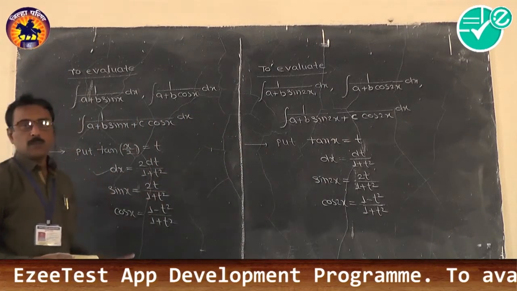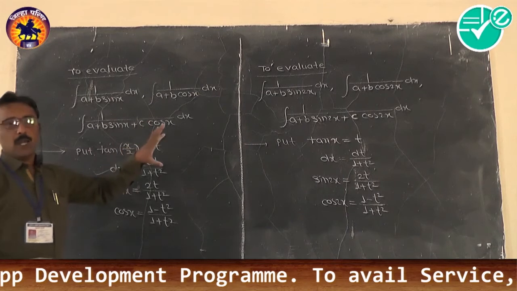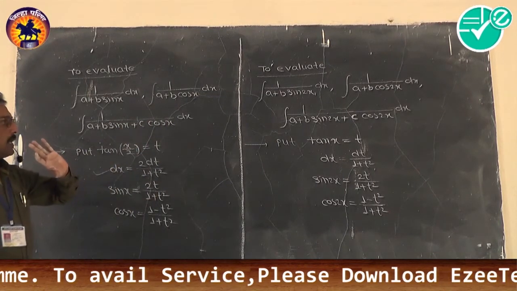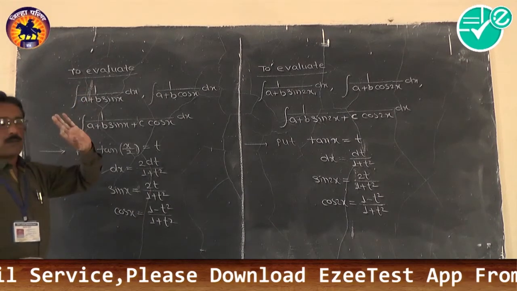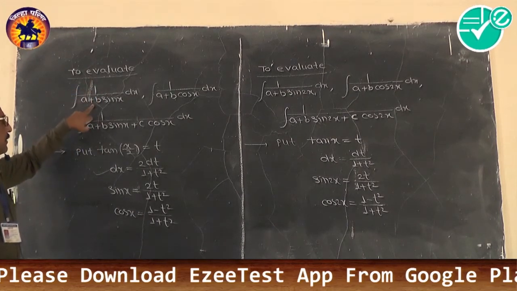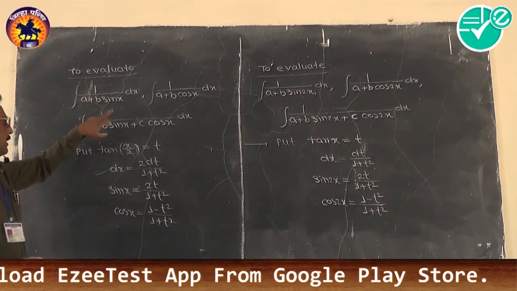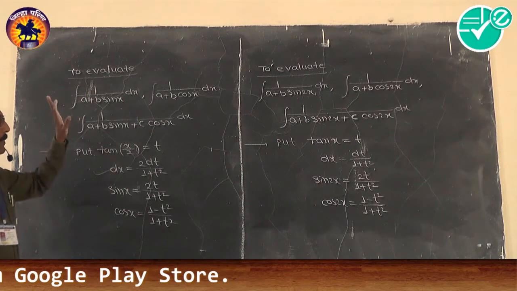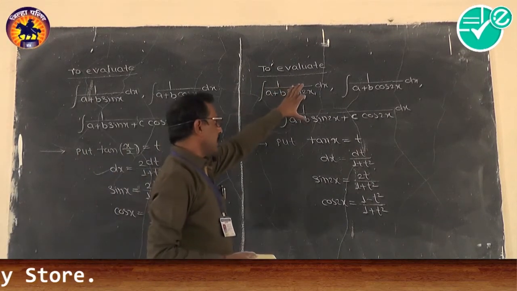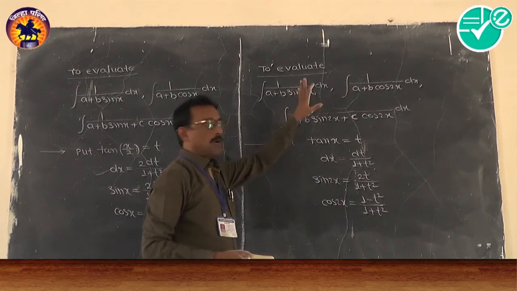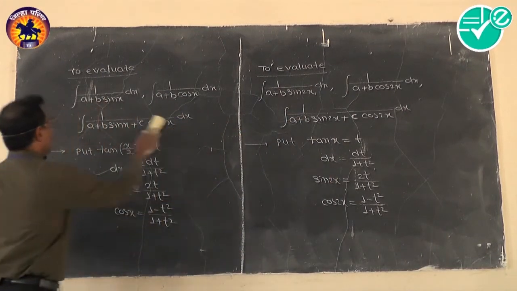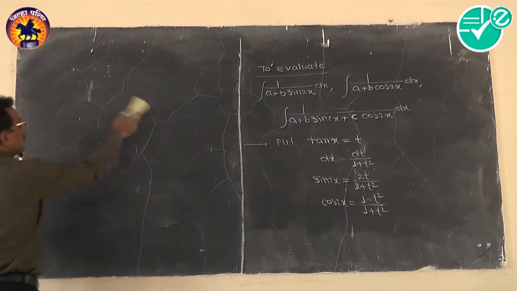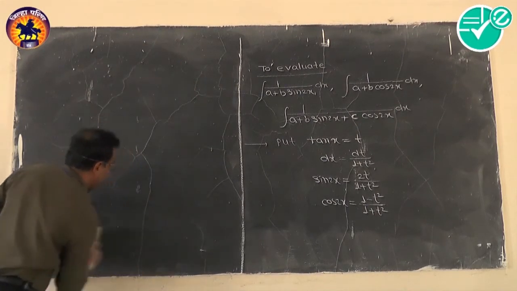I will take a pause for 1 to 2 seconds. It is your prime duty to pause this video and note down this formula in your notebook, because I will be taking problems on this current article in order to finish this method of substitution, to evaluate the first, second, third type. If any problem of any of the three types is asked, then this is the substitution. We get the answer by the method of substitution. If such a type of problem is there, then use these substitutions. We get the required answer by special integrals also. I will take problems on this and I will stop here only.